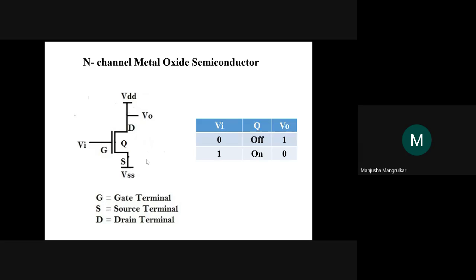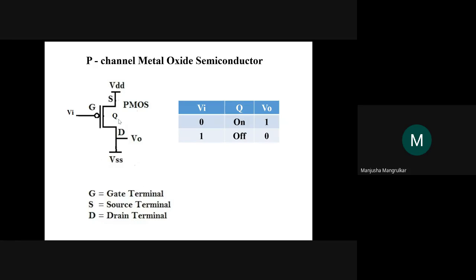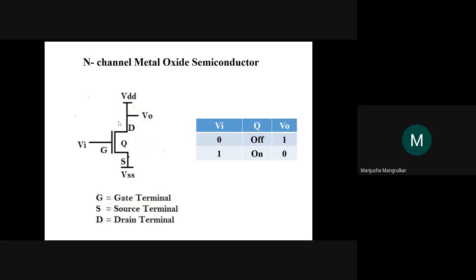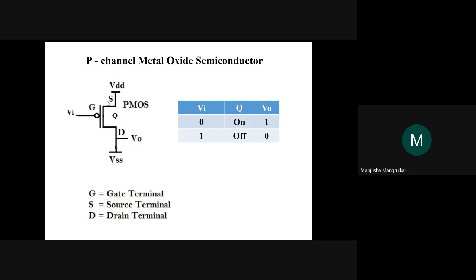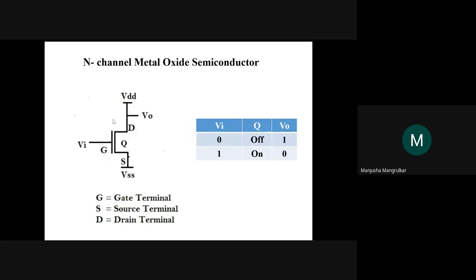So this is very important to understand, the basic concept of the PMOS and NMOS. You must have done it in BCD. So source, gate and drain are the three terminals. In PMOS, your source is connected to the VCC and your drain is connected to the ground, that is VSS, and the gate is inverted. When you are giving a 0, your transistor is on. When you are giving an input 1, your transistor is off. That is the condition.